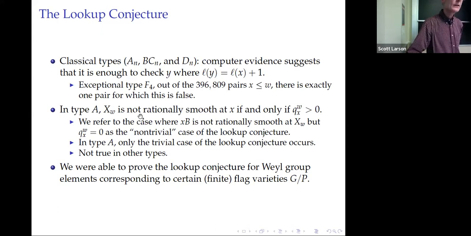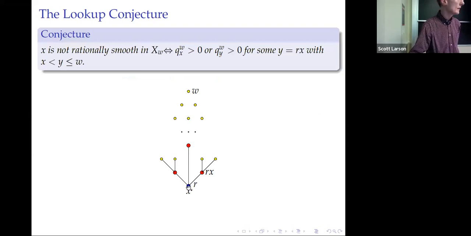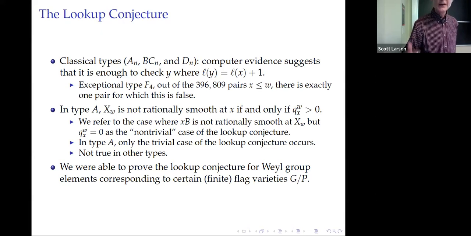In type A, the group GLn is much simpler. XW is non-rationally smooth at X if and only if the bottom vertex has Q positive. So type A is much simpler. And we refer to this case as the trivial case of the lookup conjecture. The difficult case is where you're not rationally smooth, but Q is 0 here. That's the hard case, because then you have to find a Y where the Q is positive. If Q is positive here, then it's an easy case. So we call that the trivial case of the lookup conjecture. Okay, so in type A, only the trivial case of the lookup conjecture occurs, but this is not true in